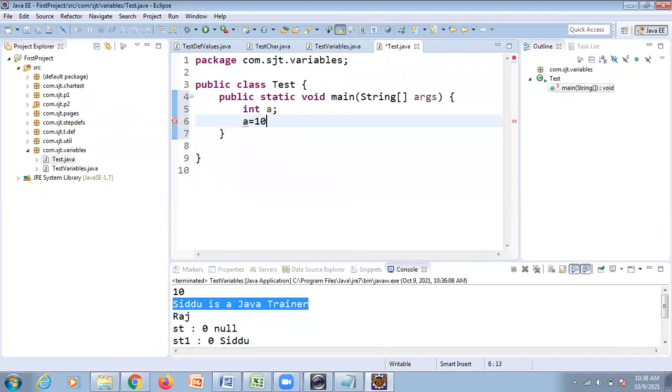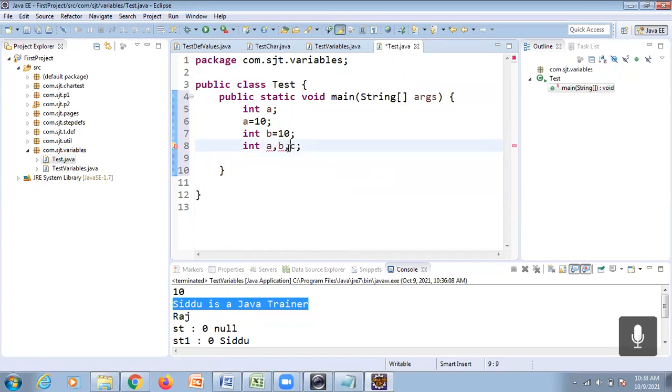int a is equal to 10. int b is equal to 10. int a comma b comma c. Okay, sorry, c comma d, c comma e comma d.